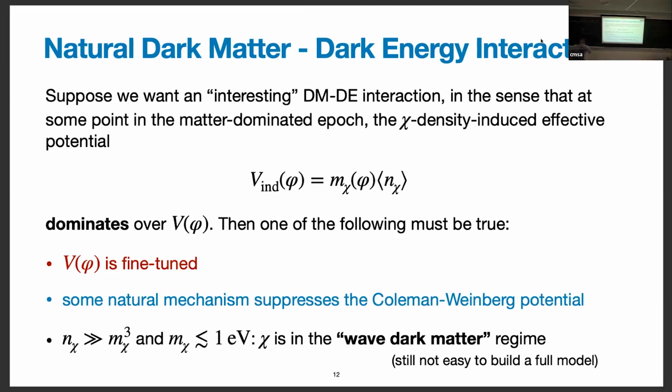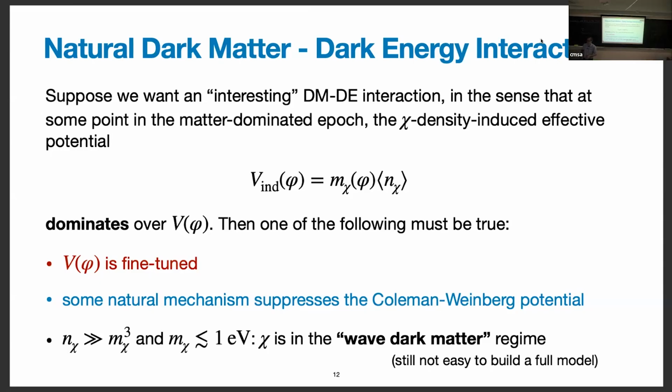It's sort of evolving down the slope of its potential, but the size of the potential is changing with time as this n chi dilutes away. But the mass is always less than Hubble. It's true, it's sort of order Hubble. It's kind of like decaying in a way that's sort of tracking the expansion of the universe.